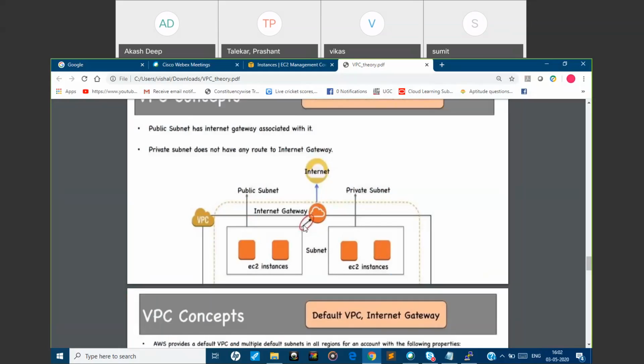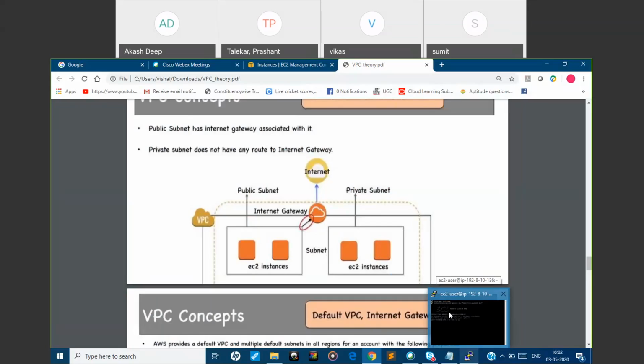Think in that way: the private subnet is available only in your private network, it is not in your public network, and this Putty is on the public network. This is my own system.